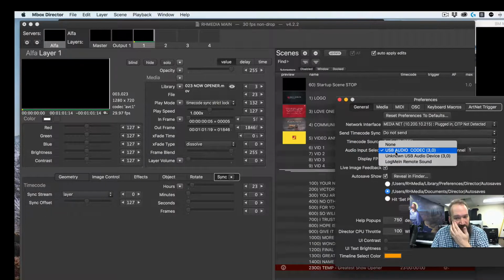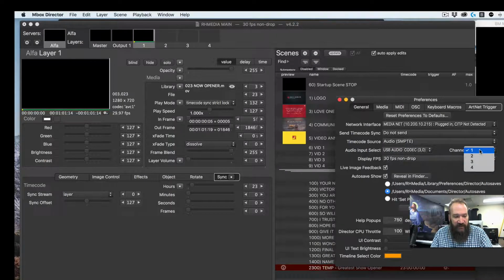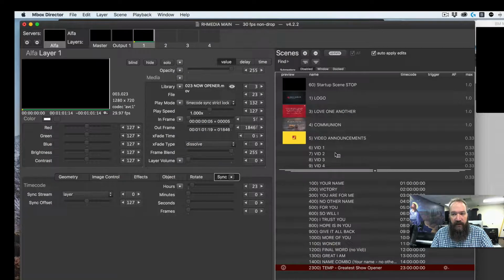Make sure, of course, the USB device is set right, and it has to be set to the correct channel. In this case, I'm going to test on channel 2. Excuse me. I've been setting everything to 30 frames per second. It just seems to make everything run a little smoother, so I'm going to set it to that. And then next on